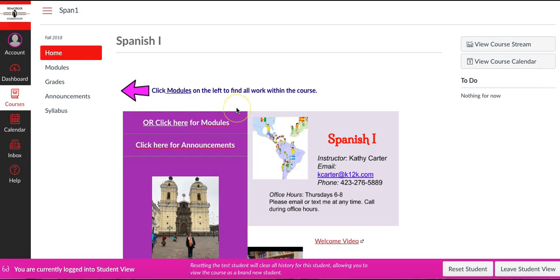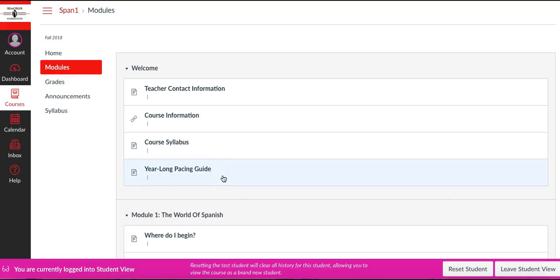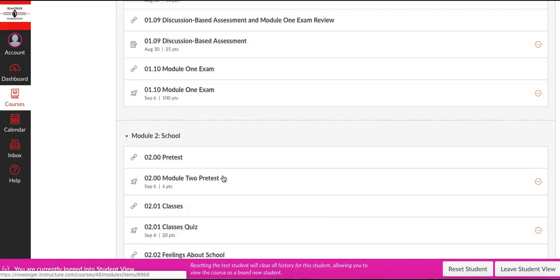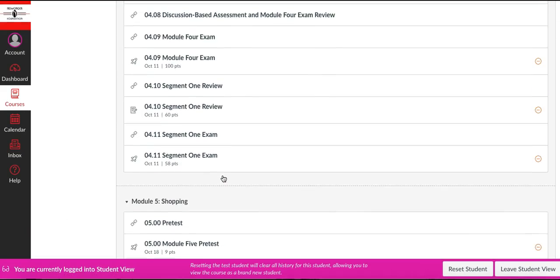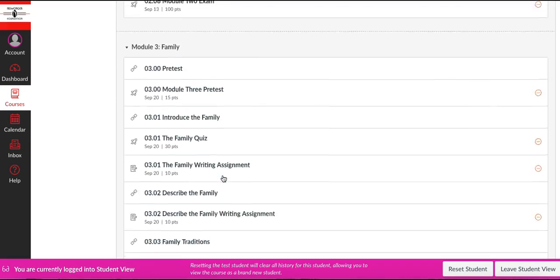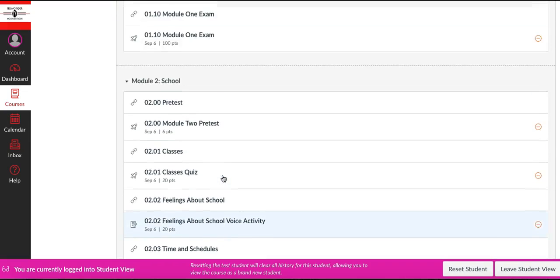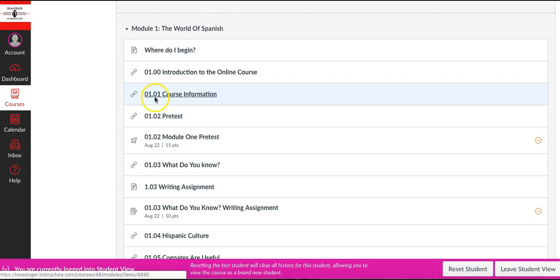Once you're ready to start working, you are going to click on modules, and this is where you will find all of the work that needs to be completed in your class, and you can scroll through and see all of it from here. What you need to make sure you understand is these numbers out from everything are very important because